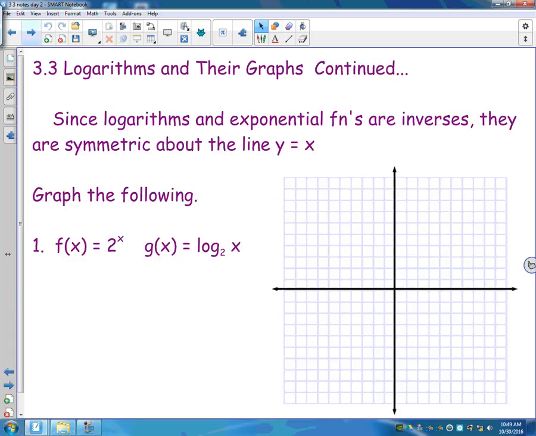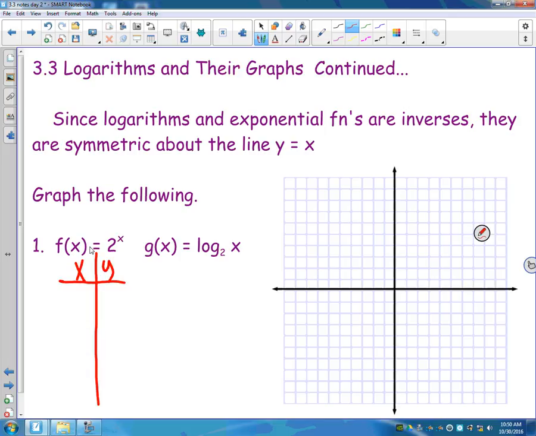So remember that logarithms and exponential functions are inverses of each other. We talked about inverses already, and that means they're symmetric about the line y equals x. Not that you have to graph both the inverse and the log every time, but I just want to show you how you can graph these and the connection here. So think about if you were going to graph this exponential graph,